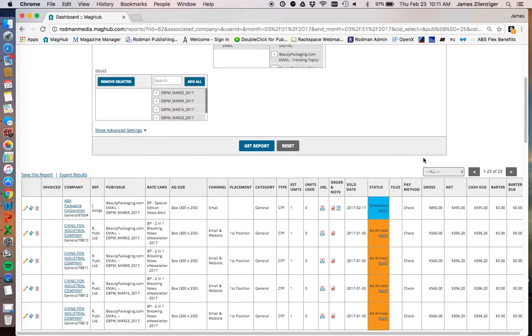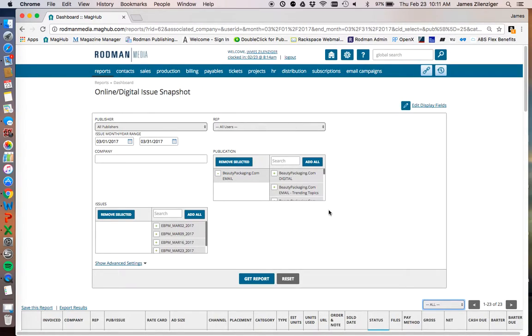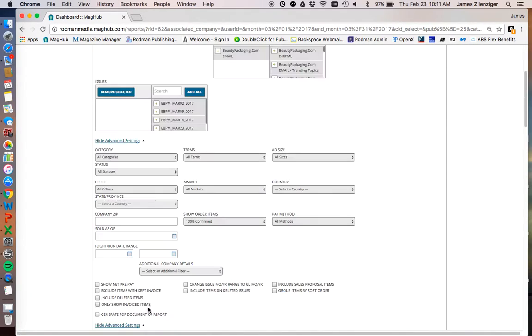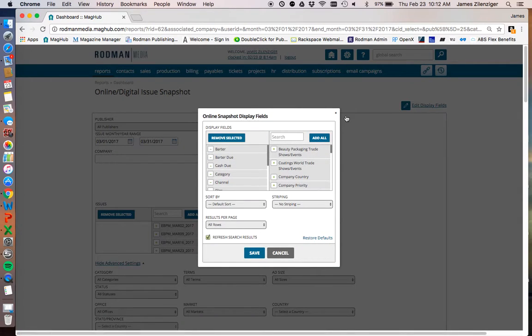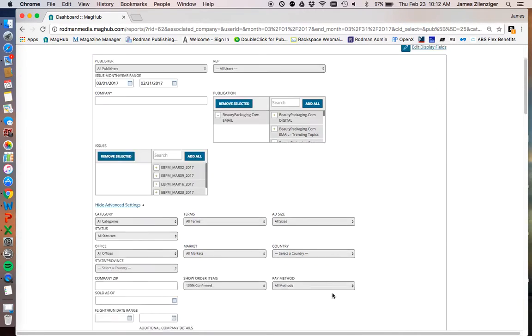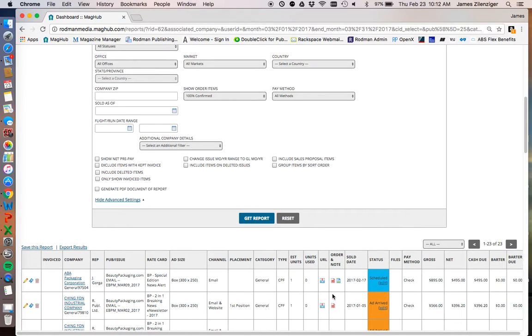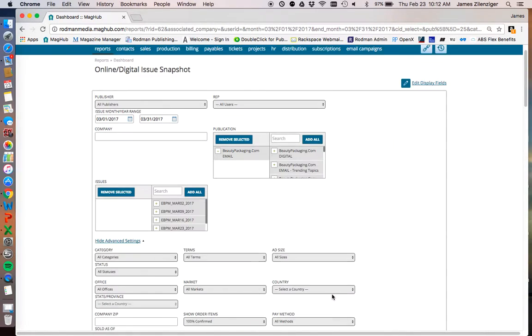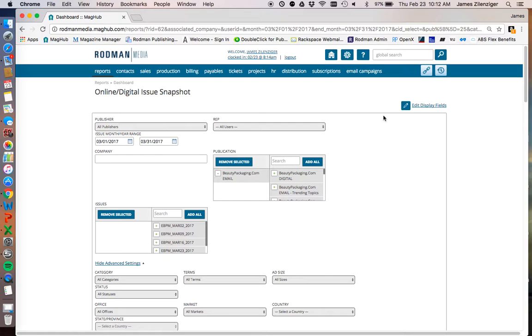See how it's now automatically, whenever we bring up reports, they'll always be set to all. So I recommend exploring, when you bring up these different reports, the different advanced settings, the display fields, and customizing them to what you would like to see. And that will automatically save it so that every time you run these reports, these display fields will be saved